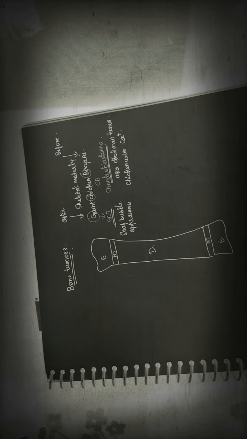Okay, and how do you differentiate between a GCT and a chondroblastoma is based on the skeletal maturity. Look at the patient's skeletal maturity. Chondroblastoma occurs before skeletal maturity, whereas GCT will happen after skeletal maturity. So this is how you will differentiate epiphyseal tumors.